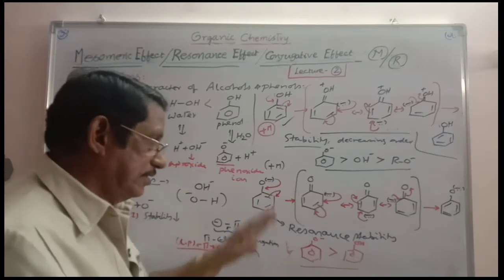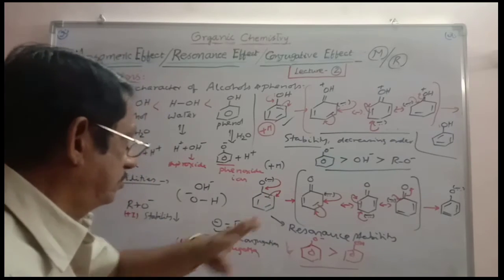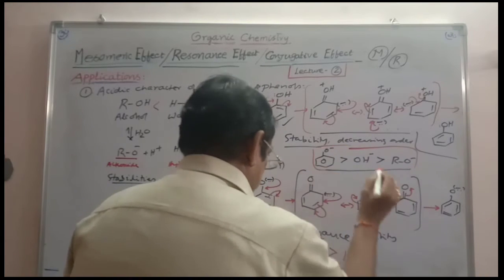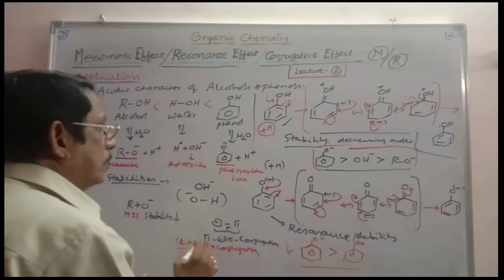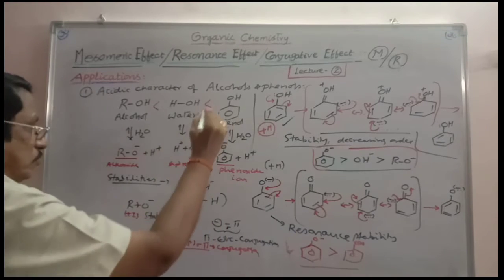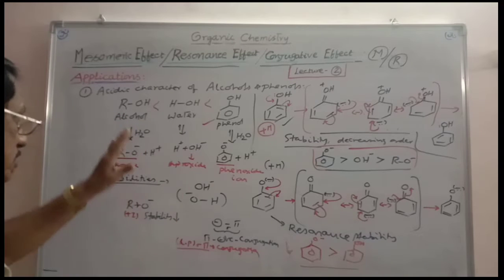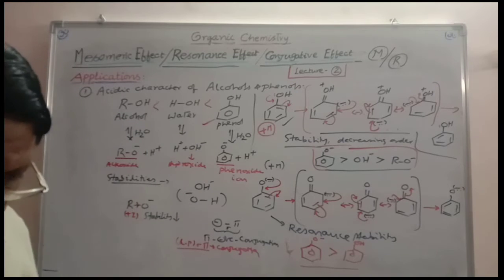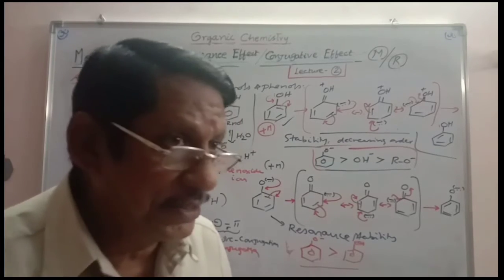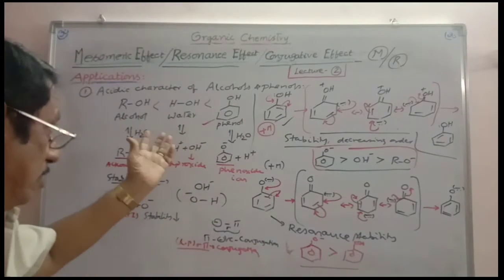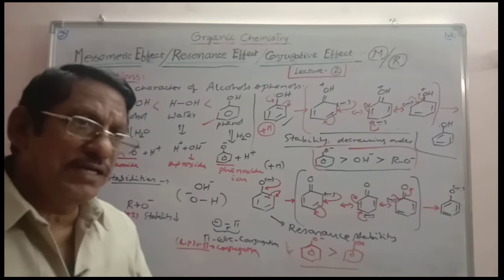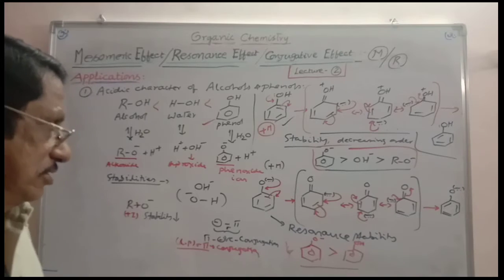Don't forget, that cannot be given. So this is the case of stability of phenoxide ions, and thereby the acidic strength is like this. Phenol is more acidic out of all, least acidic is alcohol. So this is the way you have to give explanation for this greater acidic character of phenol than the remaining alcohols. Practically, alcohols are neutral, phenols are weak acids. That is the main point you have to consider.